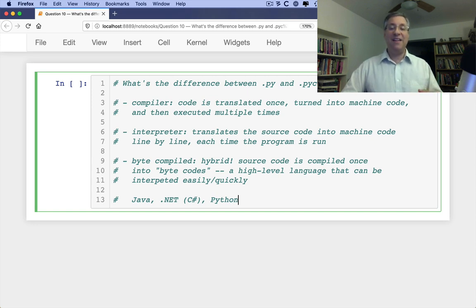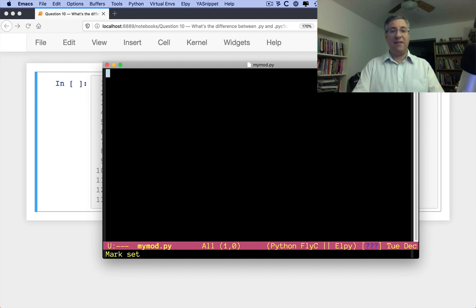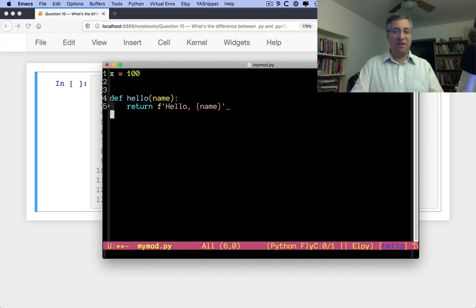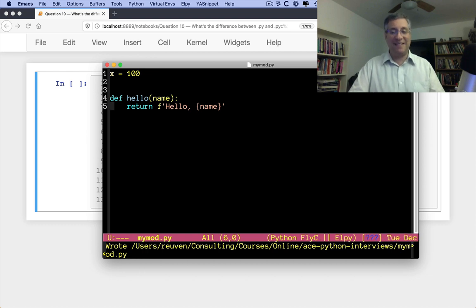And then the next time I import the same module, Python notices the pyc file and loads that. Let's see a quick example. So I've got here my editor, Emacs. I'm going to say here x equals 100 and def hello name return hello name. All right, this is not the most exciting module in the world. In fact, you could argue this is the least exciting module in the world, but it is in my current